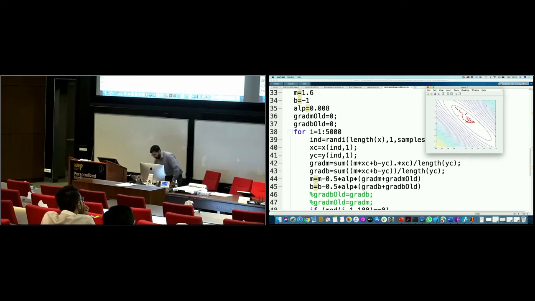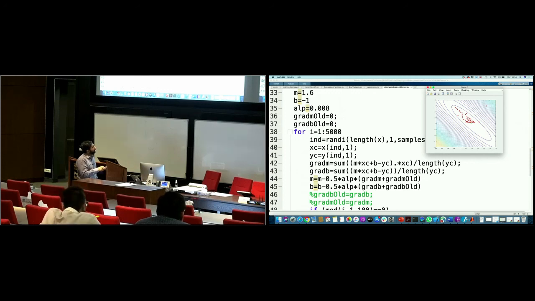I just want to tell you, again, very simple. Rather than finding the gradient with respect to the entire thing, inside this loop I generate some random indices of the data that I want to choose. I think I'm choosing like 100 samples. We'll go up and you'll see. And then I just calculate the gradient with respect to those. So out of x and y, I just sample these points, I calculate the gradient with respect to these and I take the gradient step. Simple, nothing complex, nothing too fancy.